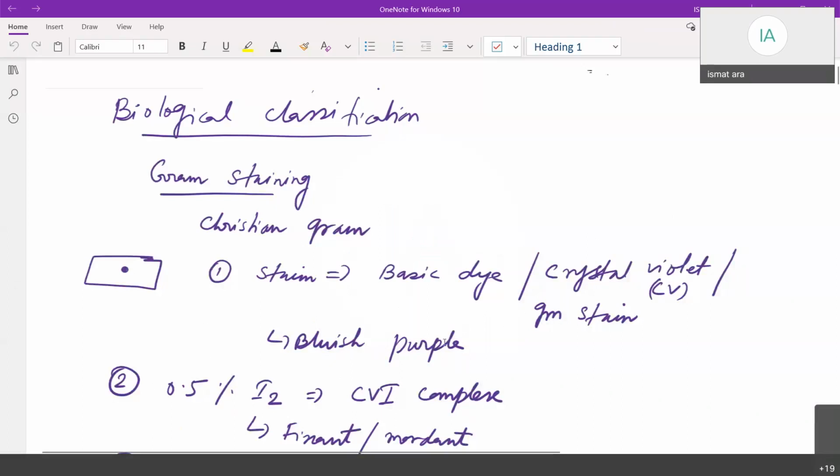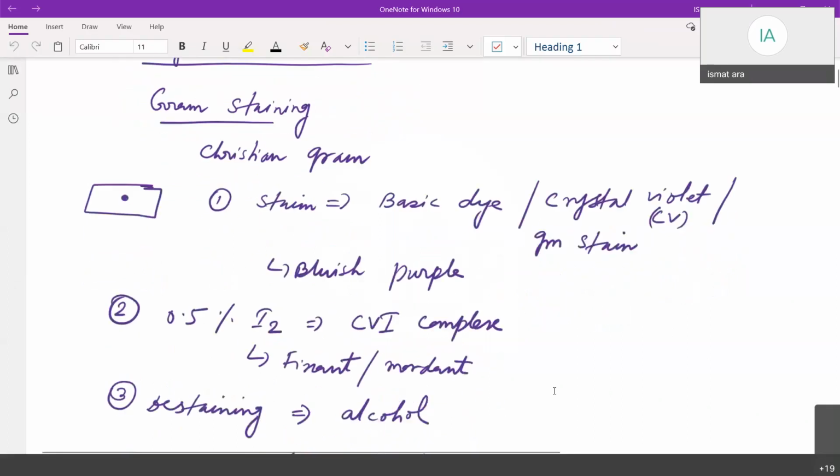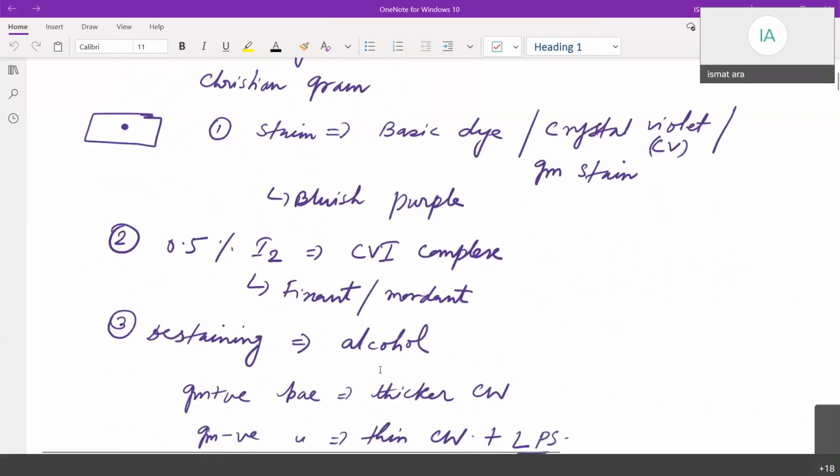This crystal violet will add with iodine and it will form crystal violet iodine complex. Okay. Then add alcohol to remove the stain, to remove the color. So gram-positive bacteria will retain the color because they have a thicker cell wall. Whereas gram-negative bacteria will lose their color. Why? Because they have a thin cell wall, a thin layer of peptidoglycan, and due to the LPS layer, they will lose